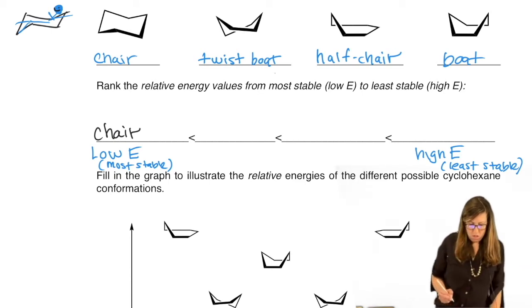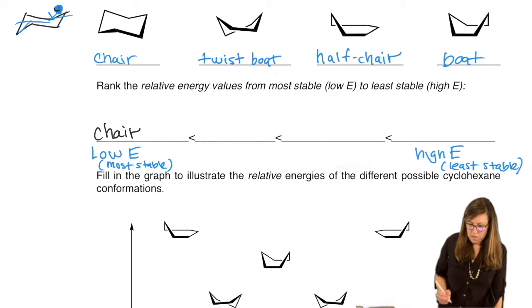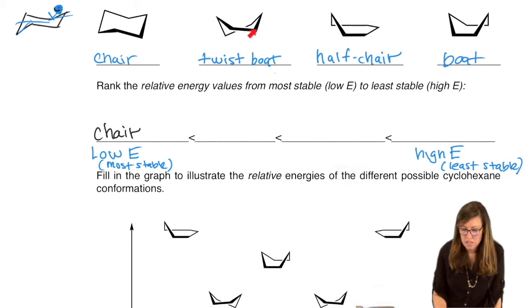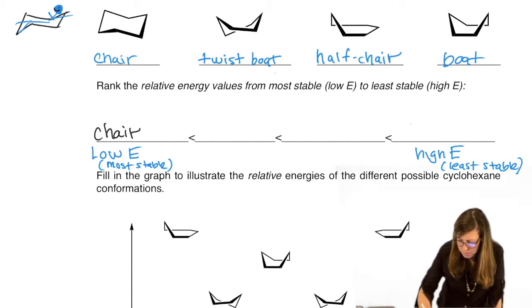And then what we're going to see is that we have a little bit of torsional strain introduced by having two groups in the same plane, right? That allows things to be eclipsed. When you don't see an up and down, this is by far the worst of all of them because it's almost all planar. Only one thing's out of plane. I think that's the most obvious, so let's put that at the bottom, half chair.